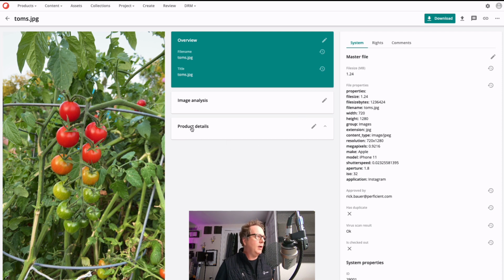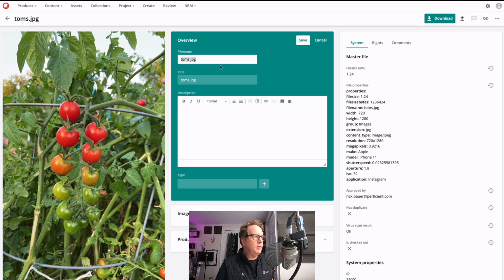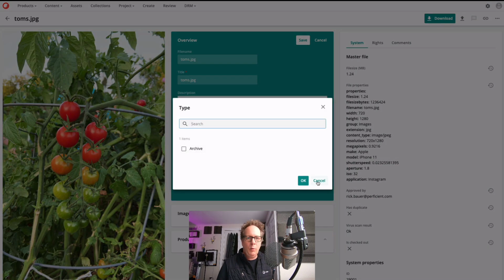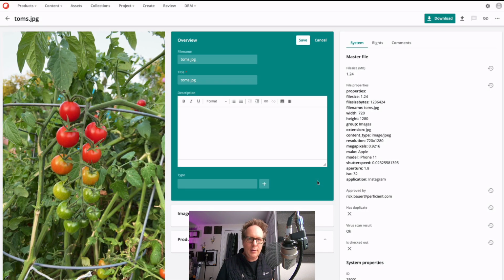This reaches into the product section here, but you can certainly add to that. The overview pane is really, let's just look at that right now. Very simple: file name, title, description, and type. There's some data in here. Right now it just says archive, but again, we are in a very blank system. I haven't set anything up, and I will be showing you a little bit more on how to build this